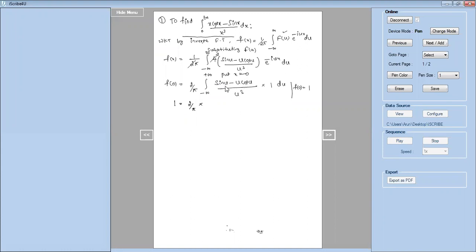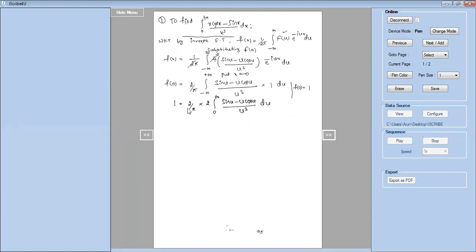Most of the cases it is even only, directly you write. There is no odd. If odd comes, nothing will come because the answer becomes 0. So you have even functions only when there is an evaluation problem. So straight away you write this as integral minus infinity to plus infinity as 2 times integral 0 to infinity of sin u minus u cos u divided by u cube into du. In almost all the cases it is even only, because if odd comes, 0 will come.